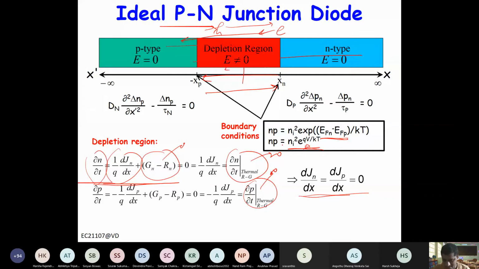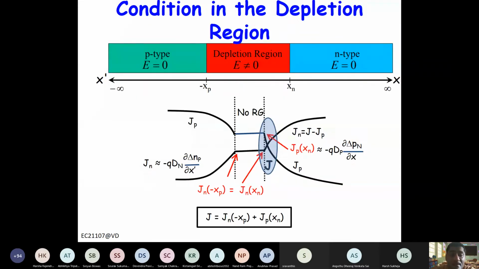So let us look at the overall picture. So now you see here, this is the P side, this is the N side. So holes are diffused here and they are basically reducing, right? Now here only the drift current is there, right? And then the diffusion current is due to the concentration gradient, which will be here, right? Now here, if you see the slope of these carriers, it is very large. So the current will also be very large here, right? And it will mostly be due to the diffusion.